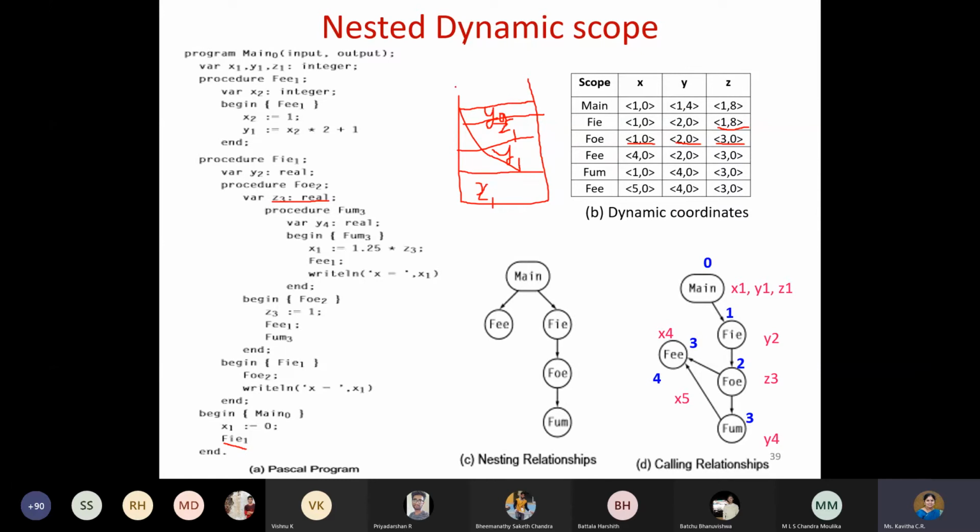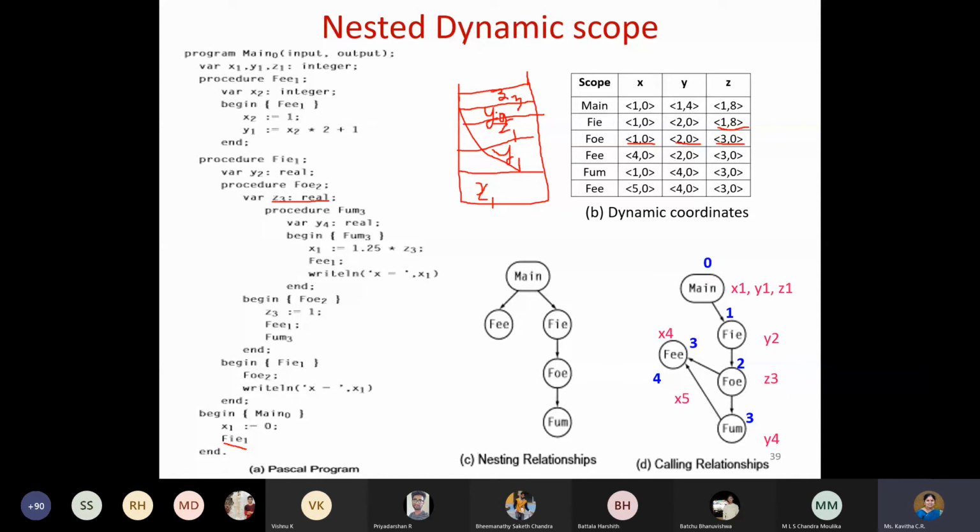Why? Because see, how did I maintain it in the stack? Like this only I'm maintaining the names. So when I pop out, what happens? I will get Y2 only first. Whether it is nested or whatever, I get something like this. So Z3, it will be using what? Z3 only, because it is a redeclared new declaration.